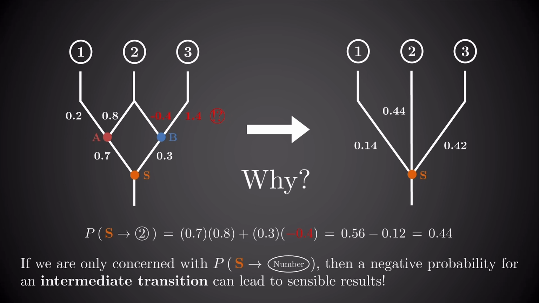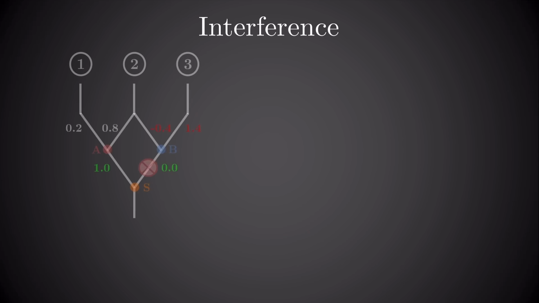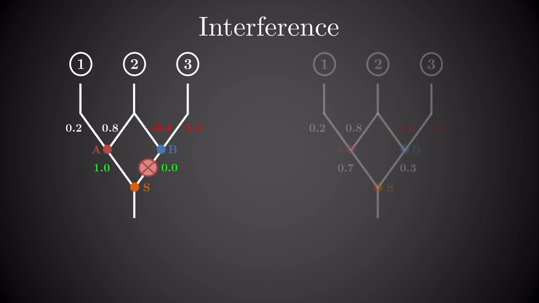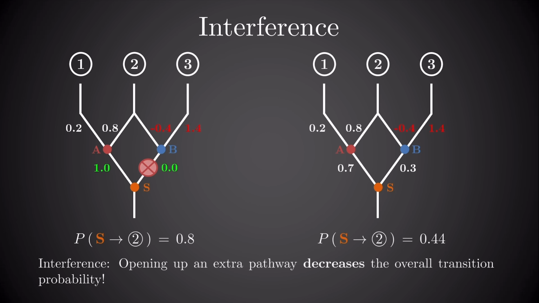Let me point out 2 interesting features of this problem. The first is something I'll call interference. Let's run 2 tests, one where we block off the path to B and one where we don't. If we calculate again the probability of going from S to 2, we find 0.8 in the first case and 0.44 in the second case. Now stop to think about how weird this is. We opened an extra pathway for particles to get to box 2, and somehow the particles end up there less often. This is the defining feature of something we'll call probability interference, in which opening up an extra pathway decreases